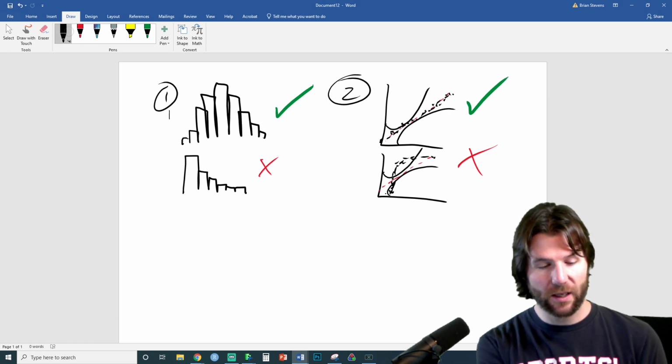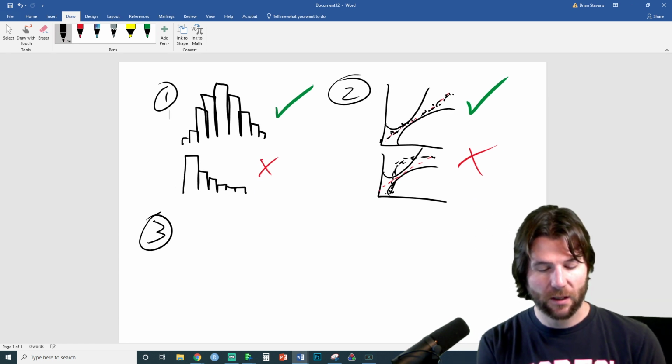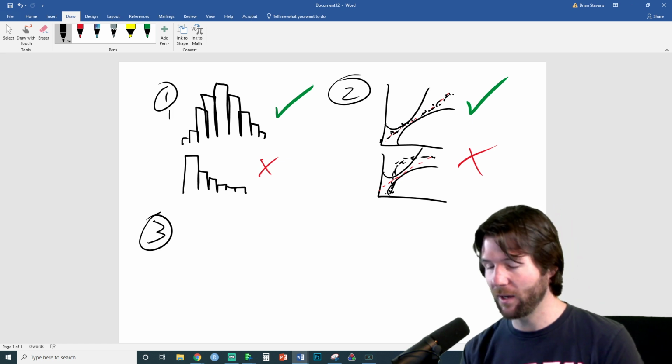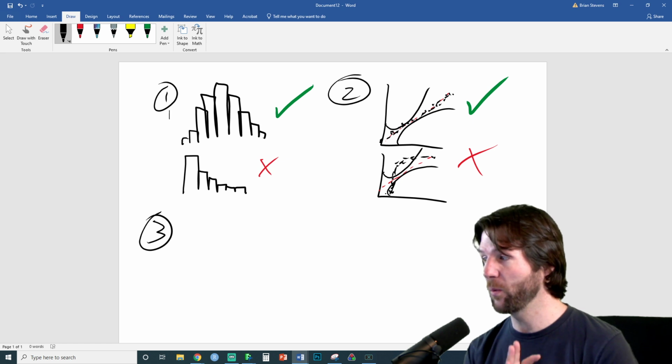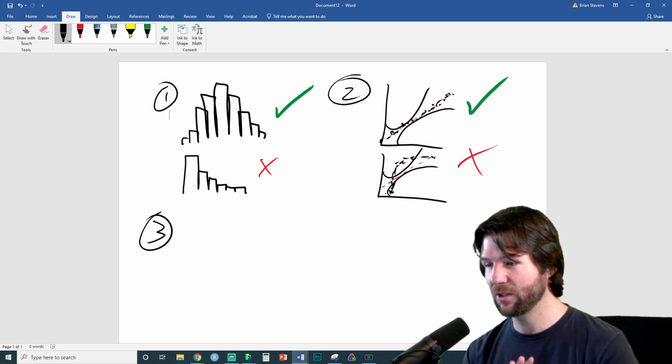Now, the next way is what we call a goodness of fit test. The goodness of fit test has a p-value. But be very careful here, because this is where I'm going to say I'm going to go with way 1 and way 4. So I would not suggest way 3.